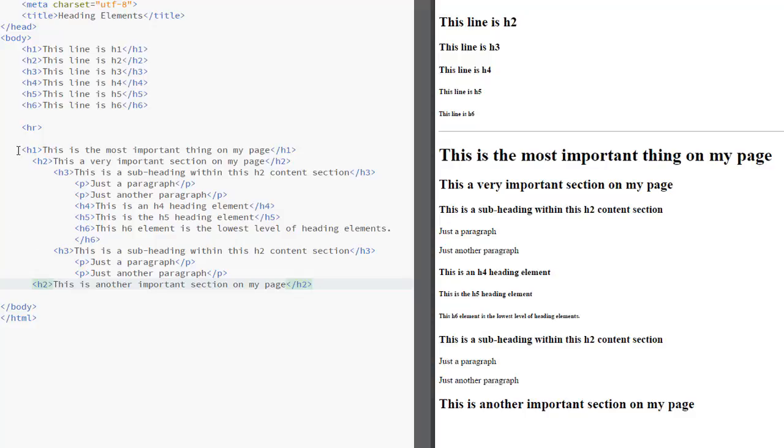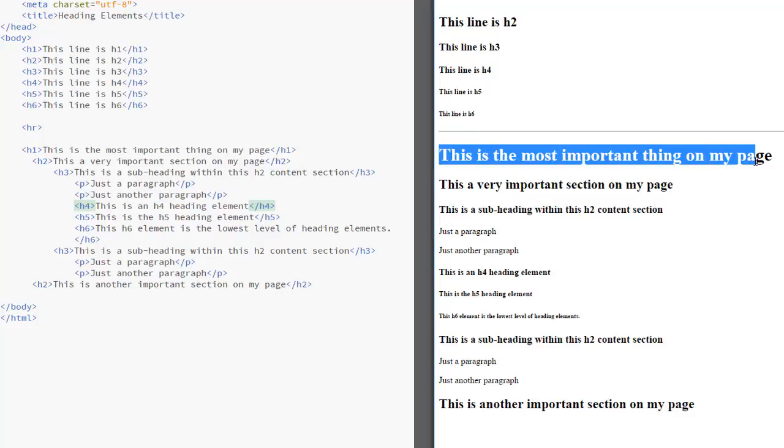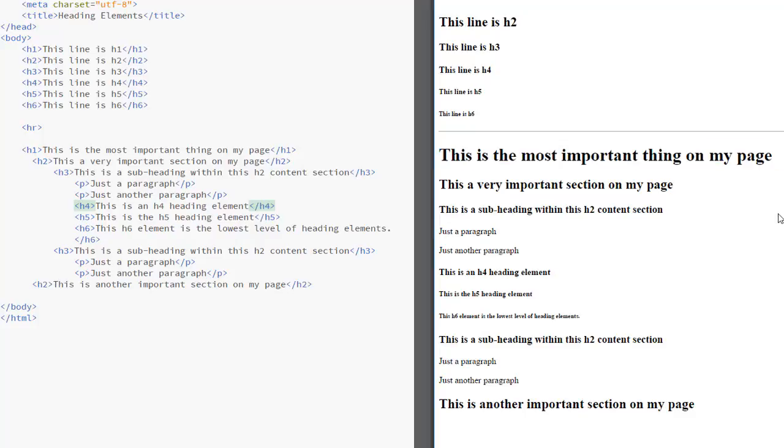Now, in this section here that shows this little use of the H1 elements in order to create sections and subsections of content, look at the way that this displays here in the Live Preview browser. So here is that H1 element. This is the most important thing on my page. And then here is that H2 element. And then that other H2 element is way down here. So here's that H2 element, that first one.